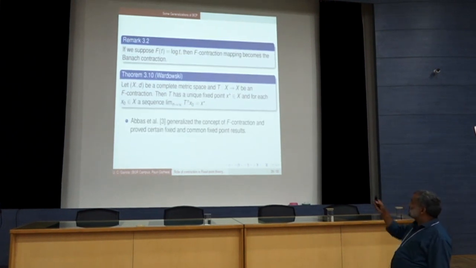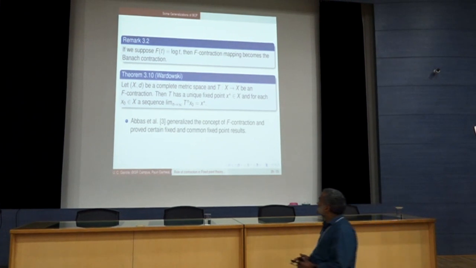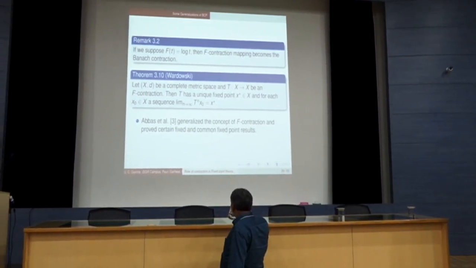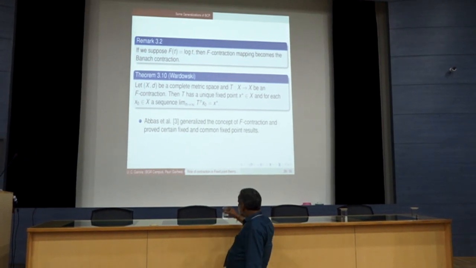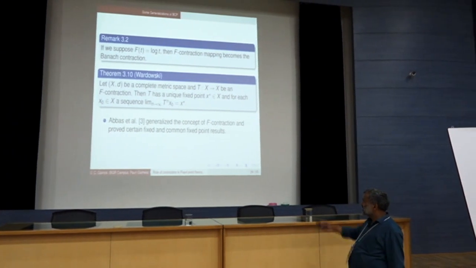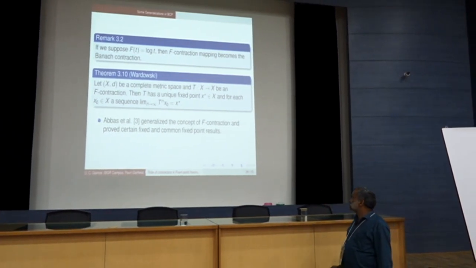So if we suppose F(t) is equal to log t, then the F-contraction mapping becomes a Banach contraction mapping. So here you have a special case of the F-contraction, where you get the Banach contraction. So this is the Wardowski theorem,